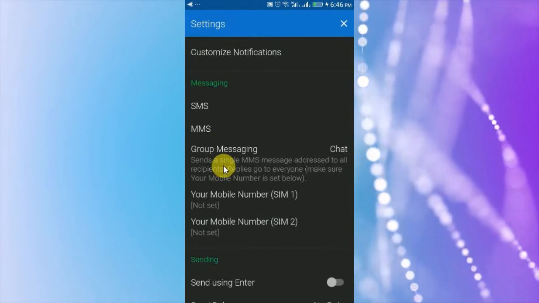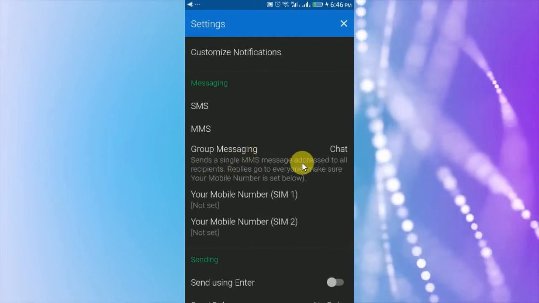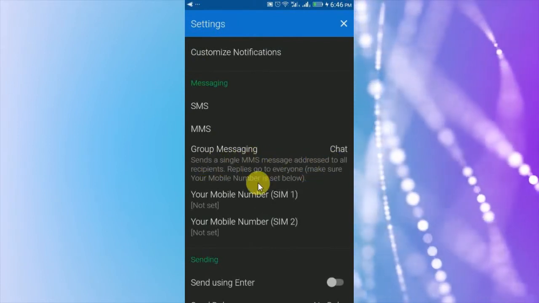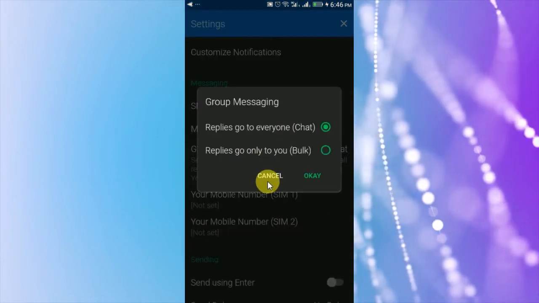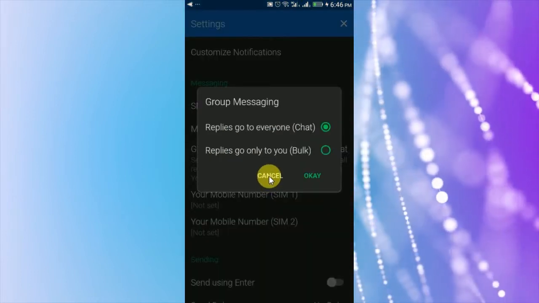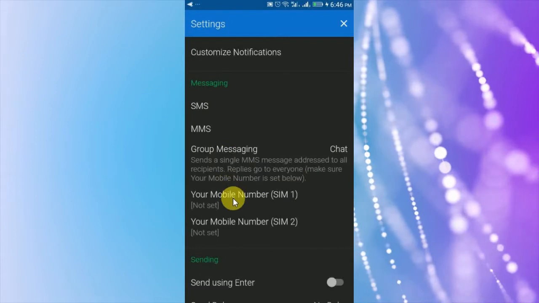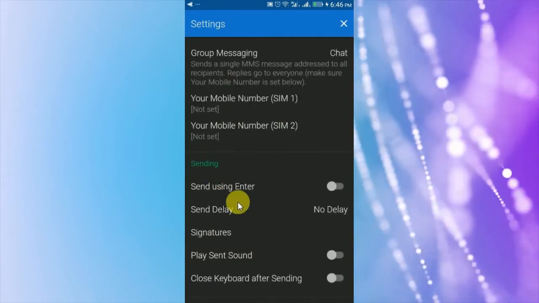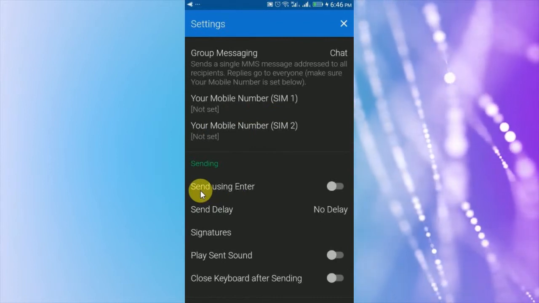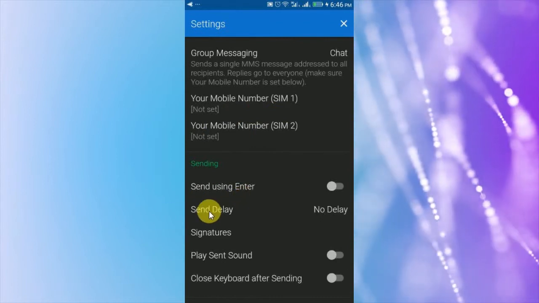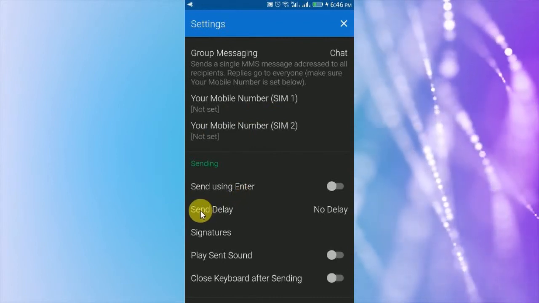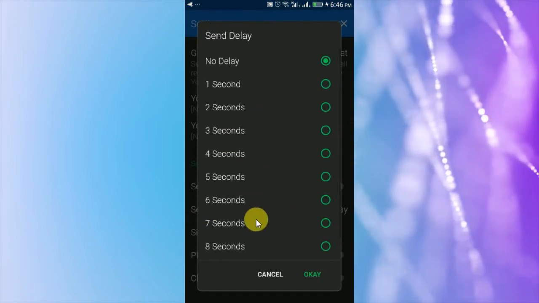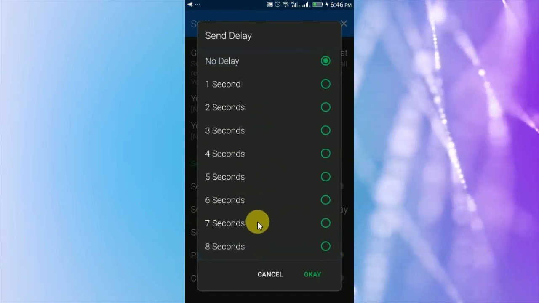Group messaging, chat or bulk, SIM1, SIM2, send using enter, send delay, choose the seconds to delay your message,